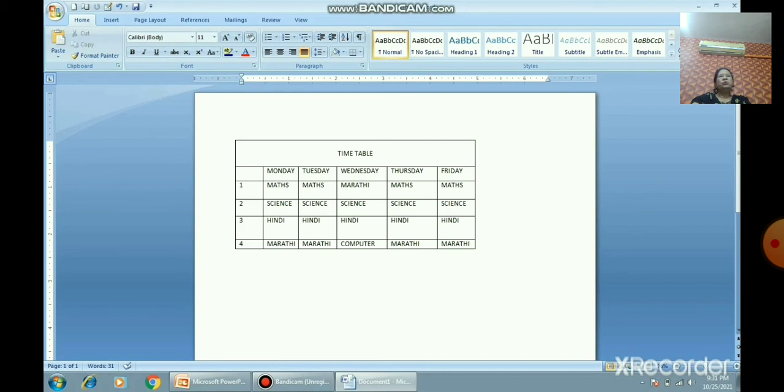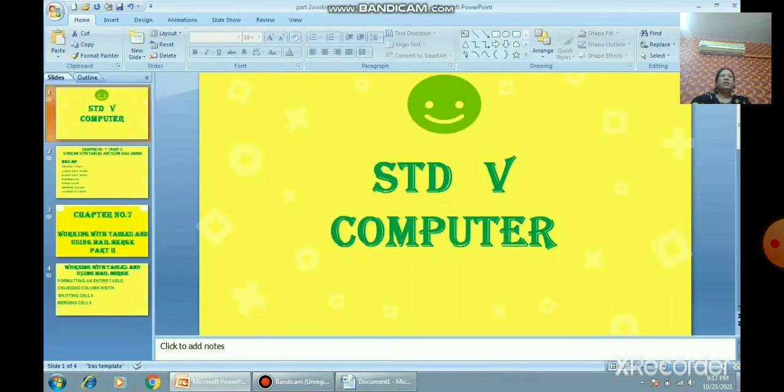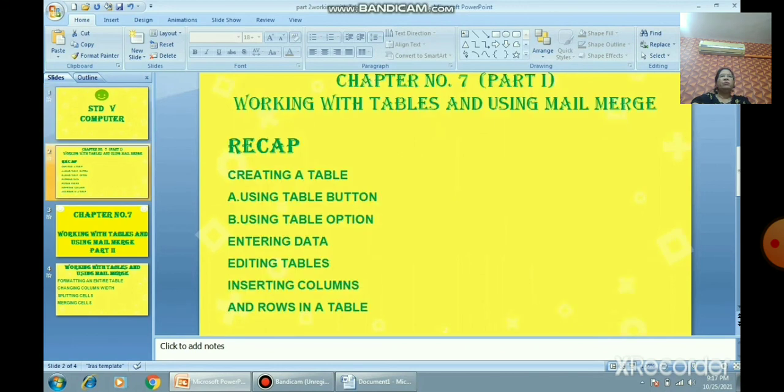To change the column width, place the pointer over the dividing line of the column. When it changes to a double-headed arrow, that is a plus sign, drag the pointer towards the right to expand the column. Similarly you can increase the row height as well.